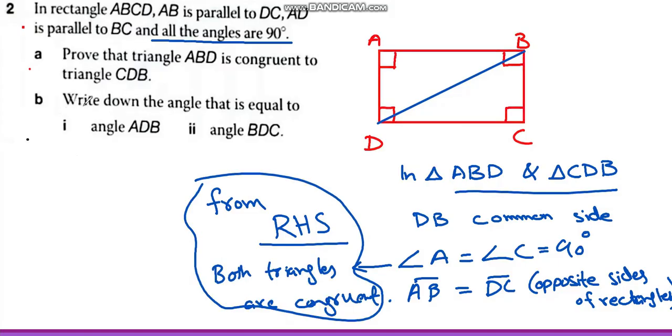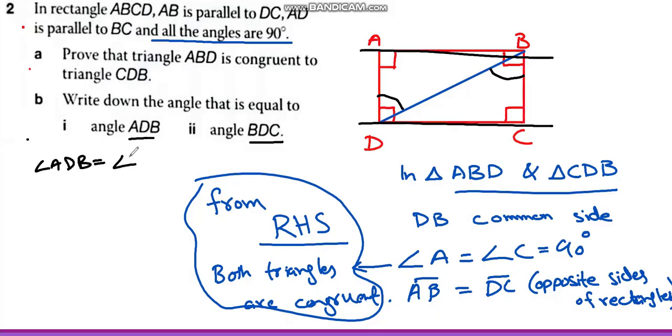In part B, they want us to write down the angle that is equal to angle ADB and BDC. So look, ADB is the angle with D at the center. If we carefully observe, on these two parallel lines AB and CD, this blue diagonal is the transversal. On the transversal, you can see that the angle which should be equal to ADB is this angle, because this is an alternate angle to ADB. So we can write that angle ADB is equal to angle CBD